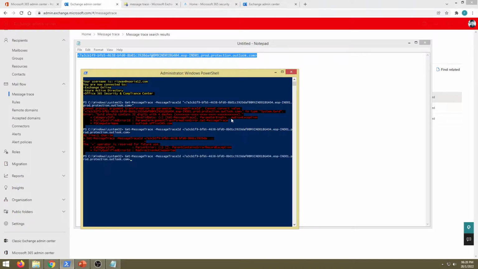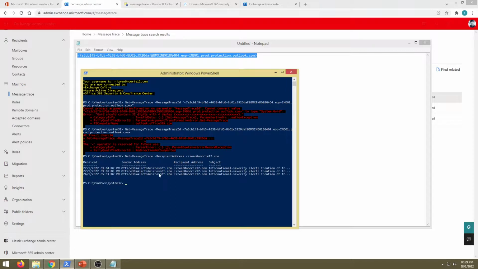Let me get this done with the help of sender. So it would be recipient, because I traced it with recipient address, and it would be my name. So it is going to return me all the results. Maybe from that capture, once I would be